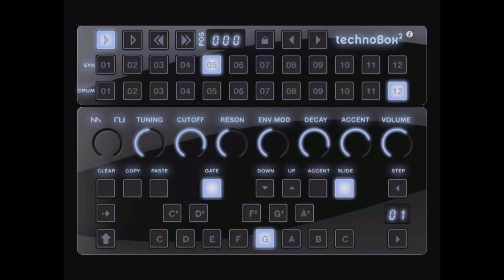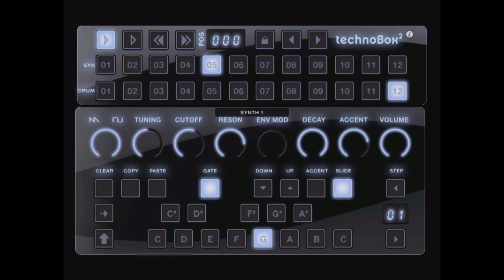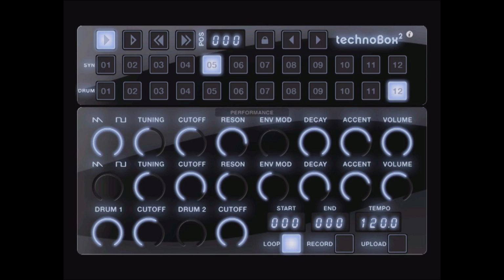So now we've got 2 synths doing the same pattern, and one you might recall I've set to a square wave, and this one here is set to a saw. And you can control both of these at the same time using the performance tools. If you swipe to the right until you get to this, and you see we can now tweak all of our instruments at once. So I can crank this up, I can crank this up,